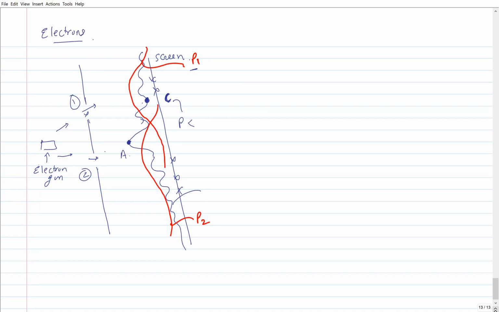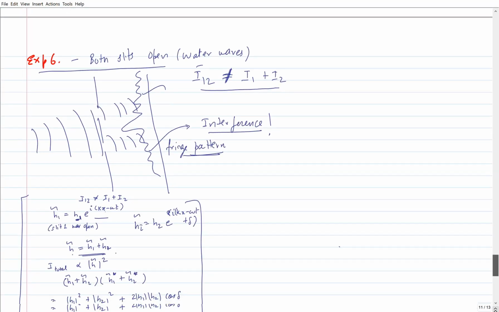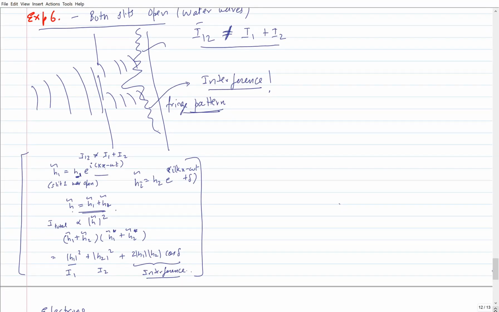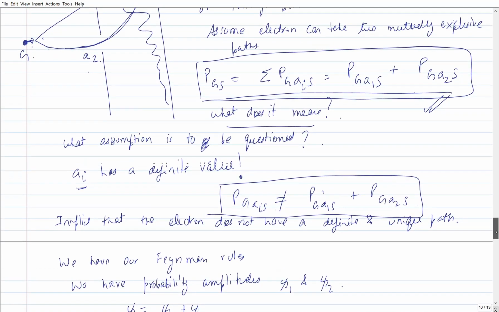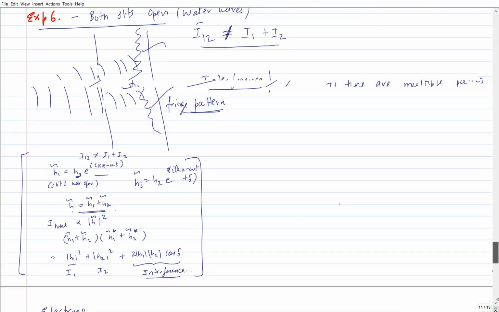Now, what we observed for electrons was a similar situation. When the two slits were open, we had the so-called interference pattern, and P12 was not equal to P1 plus P2. However, the interference pattern we got for electrons was similar to the interference pattern we got for the water waves. So we were able to directly import the mathematics, and the mathematics was given in terms of the Feynman rules, which were